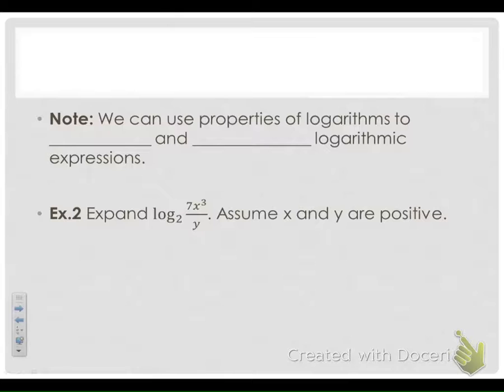We can use the properties of logarithms to expand and condense. These are the two words I was talking about where we're going to practice, what does it mean to expand? Expanding means you want to take something condensed and make it longer, elongate it. Condensing means you're going to take something that's very elongated, it looks like a very long problem, and you're going to condense it. We're also going to practice using those properties. Whenever the words say expand, I'm going to take something condensed and make it longer using those